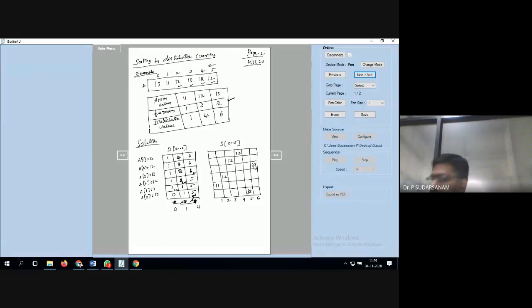Now the final answer, after storing this, you have 11, 12, 12, 12, 13, 13. This is the sorting order according to the distribution. This is also one method, sorting by distribution. Simple. So only 1 or 2 times they have asked in the examination. But no problem. This is the way of writing the example. The same problem only they will give in the examination also. Otherwise, the teacher has to solve it and give it to them, so they will not take that much risk. Solved problems only they will give.